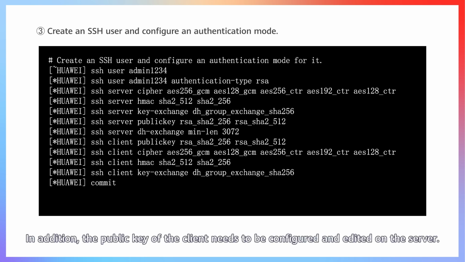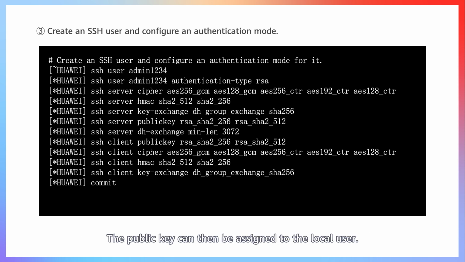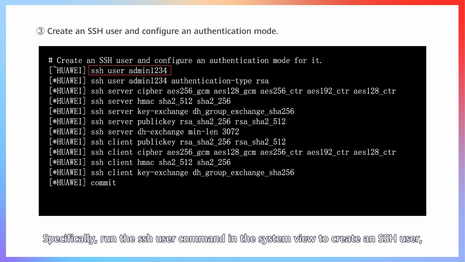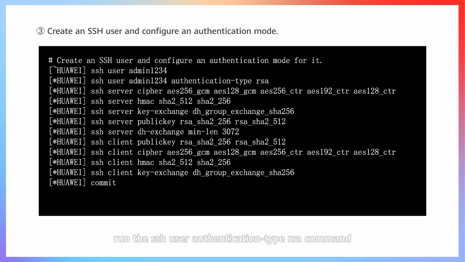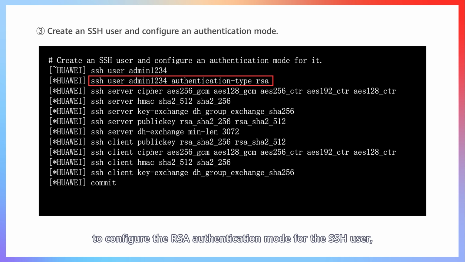In addition, the public key of the client needs to be configured and edited on the server. The public key can then be assigned to the local user. This example uses the RSA authentication mode. Specifically, run the ssh user command in the system view to create an SSH user. Run the ssh user authentication-type rsa command to configure the RSA authentication mode for the SSH user, and then